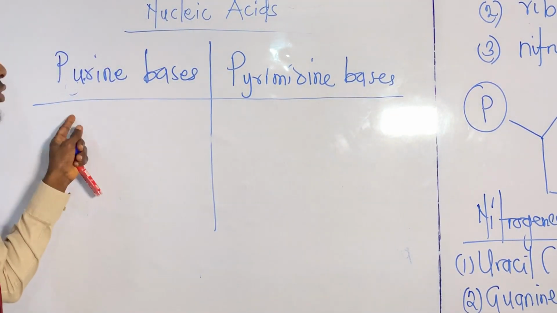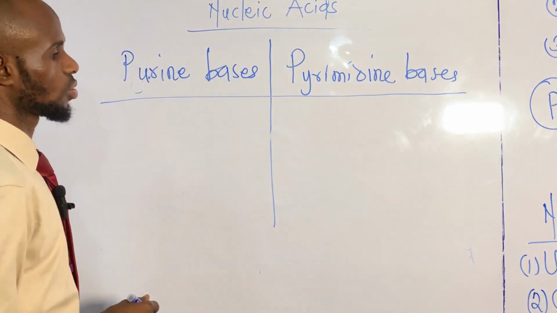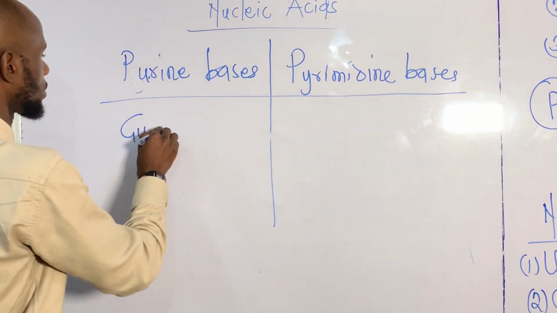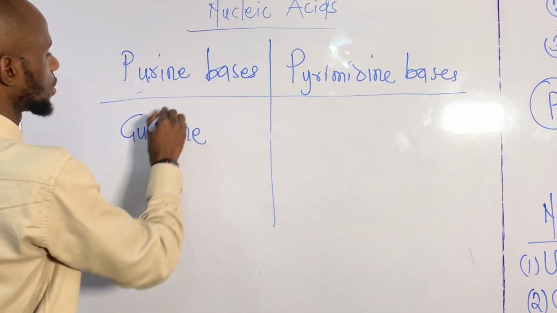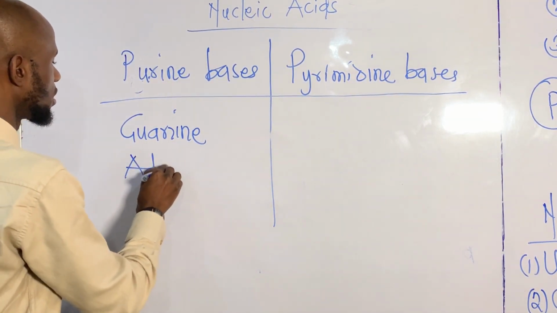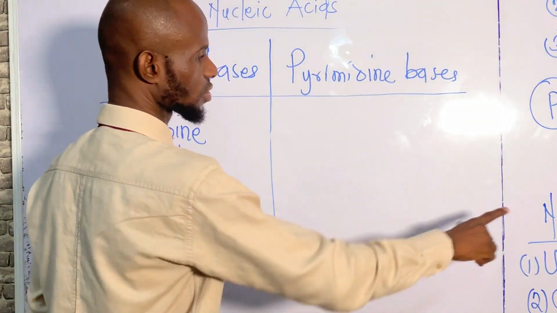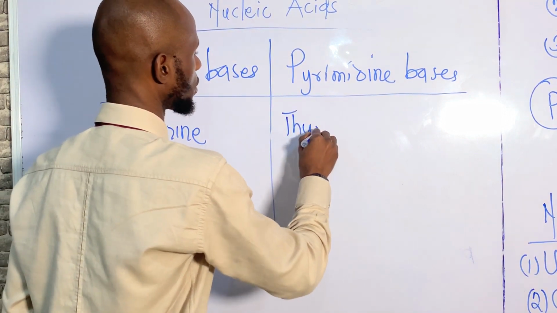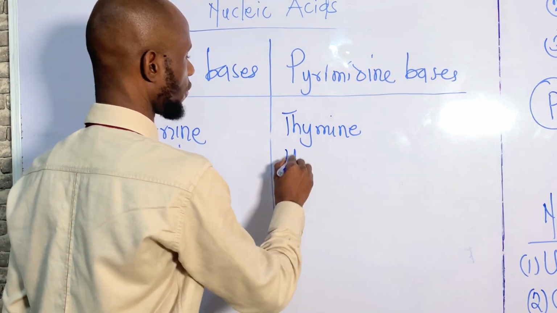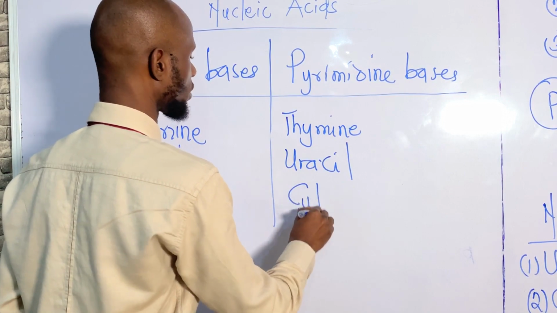The purine bases are 2, while the pyrimidine bases are 3. Guanine is a purine. Adenine is also a purine base. While the others, which are thymine, uracil, and cytosine,